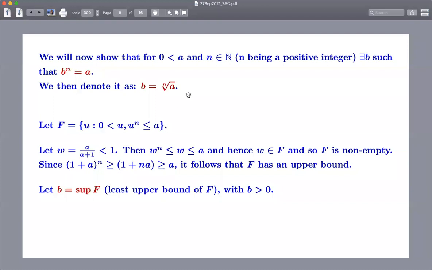Well, the difficulty is that A is only positive; A is not bigger than 1. When A is less than 1, A squared is actually less than A. So you have to be careful. To claim that 1 plus A is the upper bound will work when A is bigger than 1, but when A is less than 1, it may not.